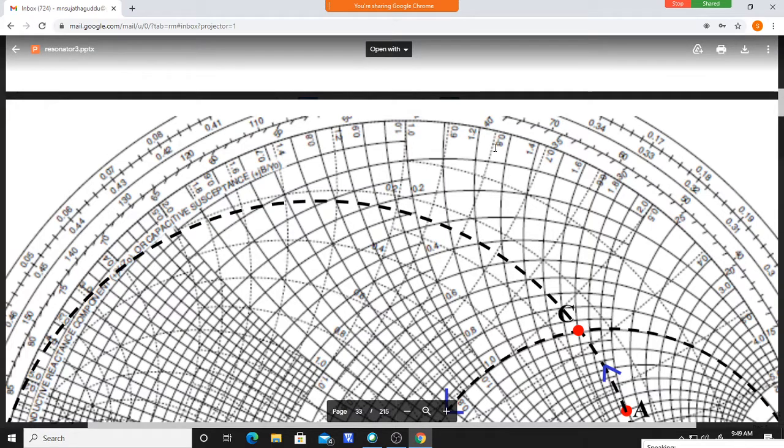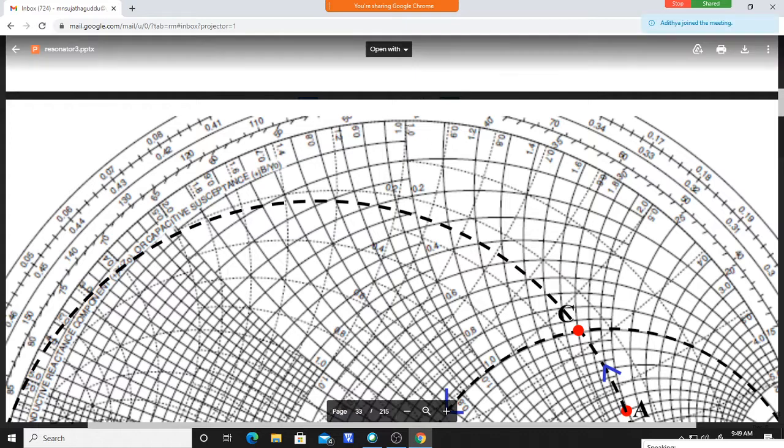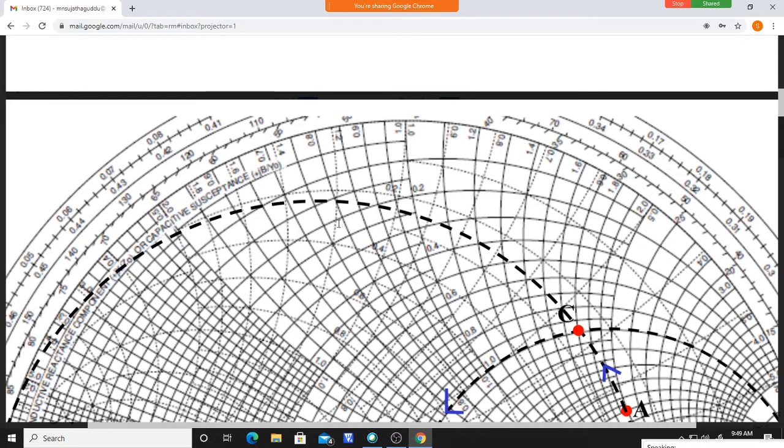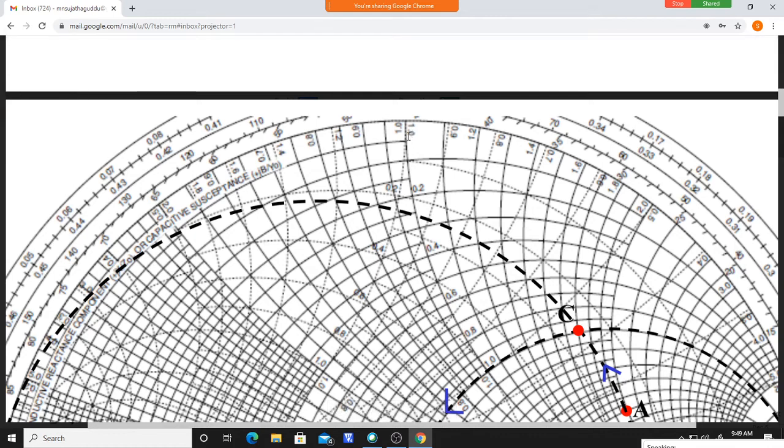And susceptance circles are these dotted lines. See here, these are the dotted lines. While reading B, okay, B values you should read whatever is written above these dotted lines. See like 1.2, okay, it is 1 here, it is 0.9, 0.8 like this. You should not take this, it is 0.7 here for this circle.